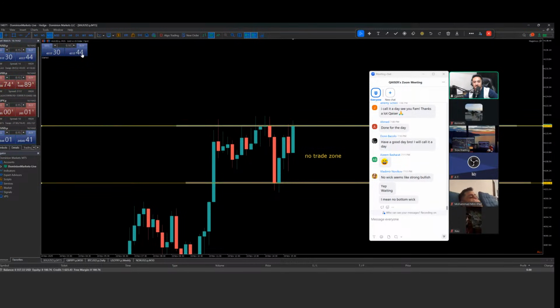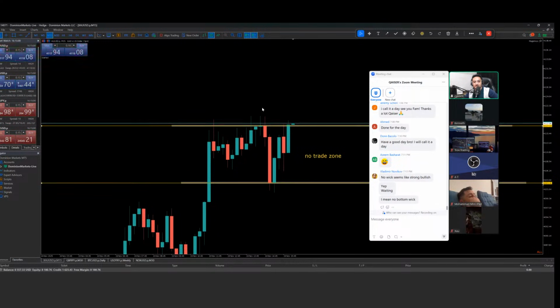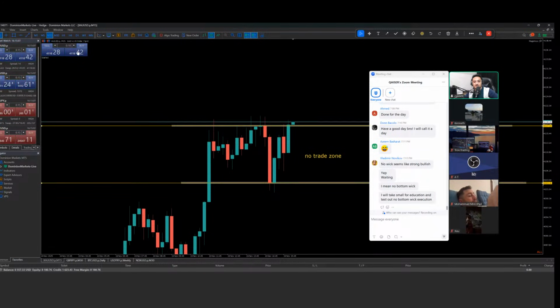Just waiting right now. Just a few seconds left. The 15 minutes is about to be closed, and this 15-minute candle does not have a bottom wick, and it's going to be closed within the range. But if the next candle creates a wick and breaks above this whole rejection, I will be in it. If this candle creates a wick, come on, pushing upside, just create a wick, man.